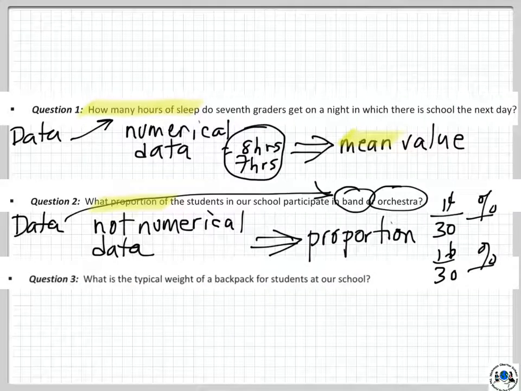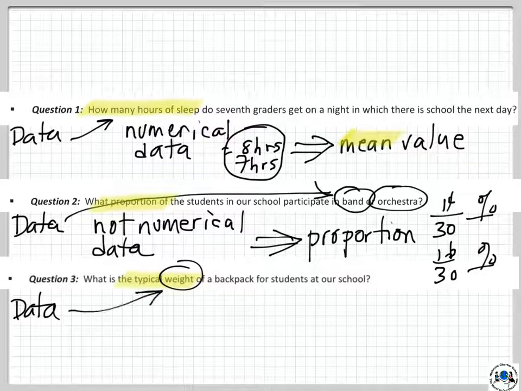Question 3 here. What is the typical weight of a backpack for students at school? Okay, typical weight. We can see right away in this question, typical weight is going to have a numerical value attached to it. So we're going to ask students at our school, how much does your